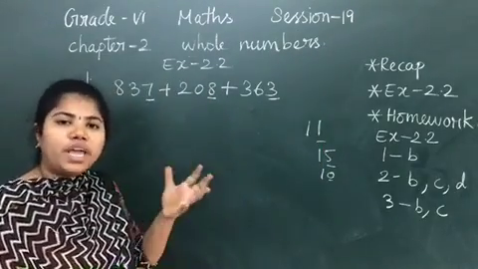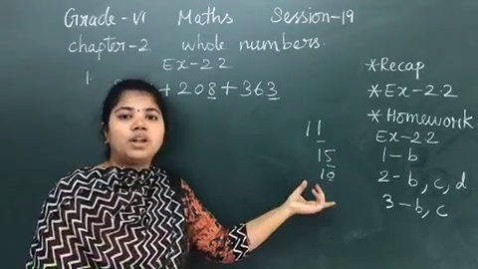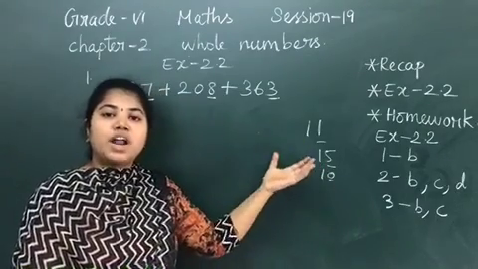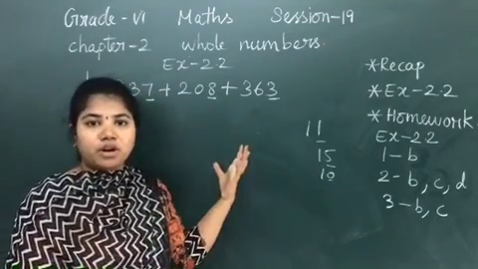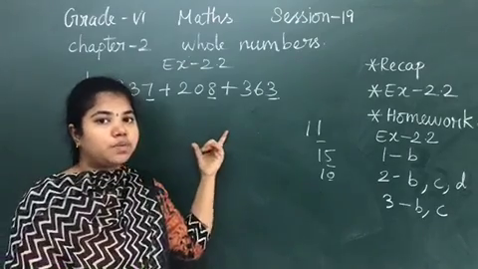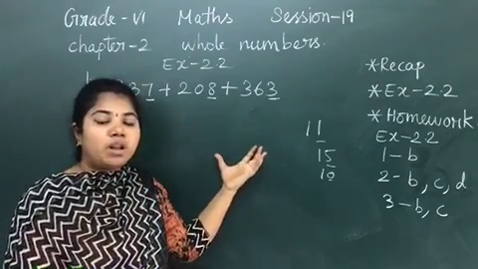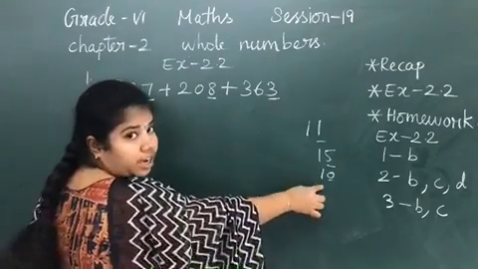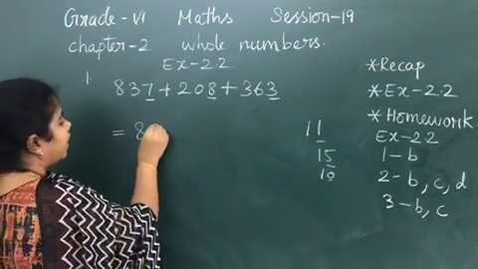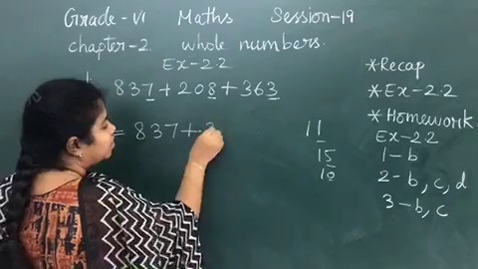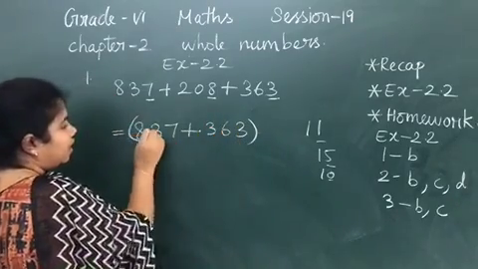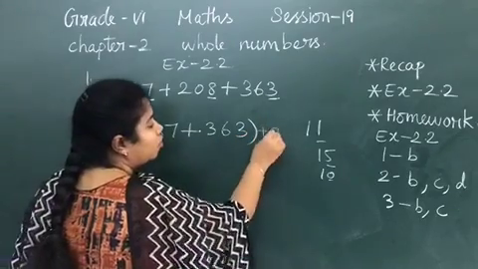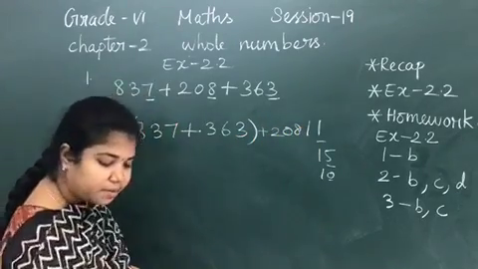What is my ones place? It is 0. Why do I have to combine the numbers to get the ones place as 0? Because if it is 100 or 10, adding it to any number will be easy for us. So you have to do a suitable rearrangement so that your sum will be very easy. Okay. Now what we are going to do is, 7 plus 3 we got 10. So let us take that number, 837 plus 363. Let us bracket it. This sum you are going to add to 208. Can you understand?